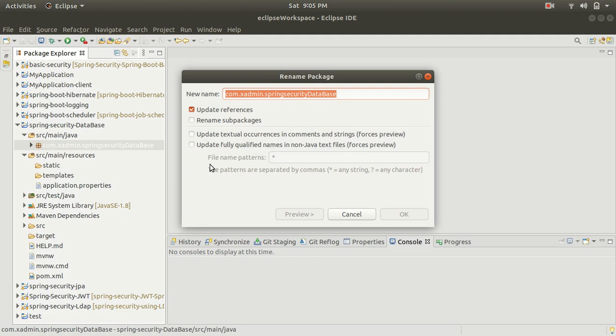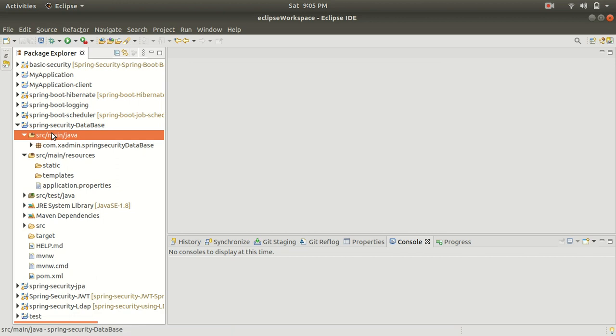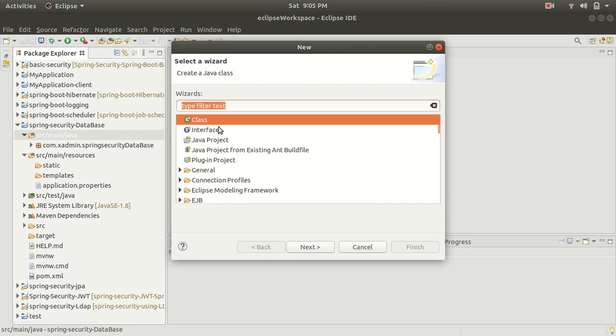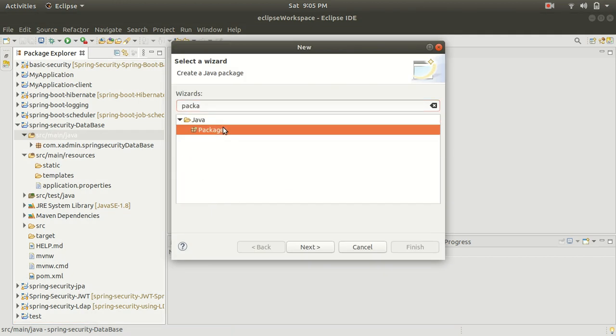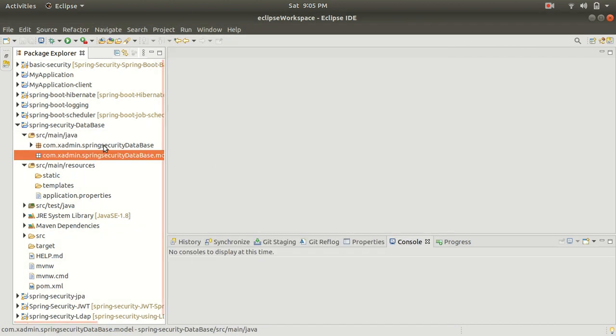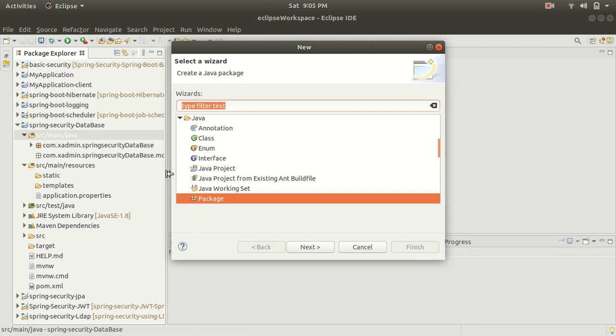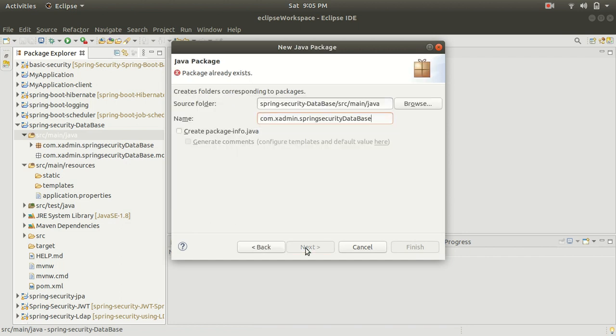So let me copy this package. Let's create a package. So guys, the first package I will create is a model package. Inside the model package we will create model classes. Alright, so the next package I will add is controller, in which guys we will add controller classes.